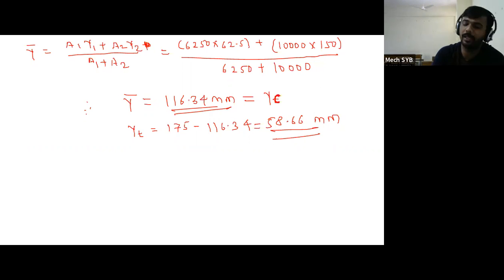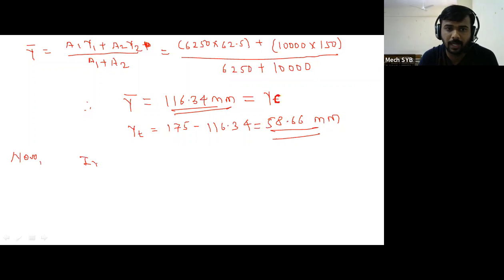Now we have to calculate the moment of inertia. Ixx is equal to Ixx1 plus Ixx2. So first of all we have to calculate